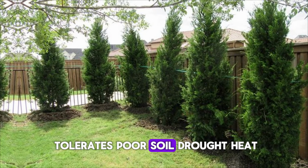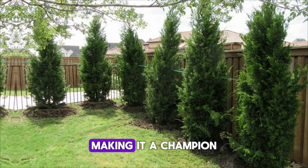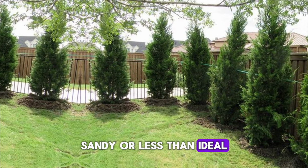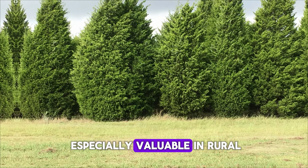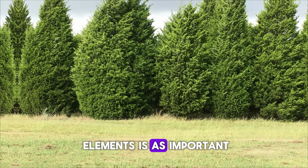It tolerates poor soil, drought, heat, cold, and even strong winds, making it a champion for difficult conditions. If you live in an area where the soil is rocky, sandy, or less than ideal, the red cedar will likely thrive where other trees would struggle. Its toughness makes it especially valuable in rural or exposed settings where protection from the elements is as important as